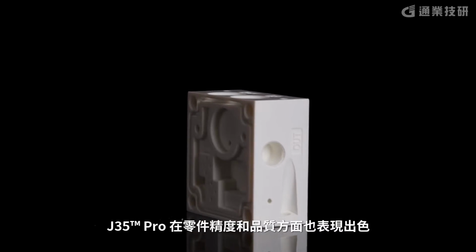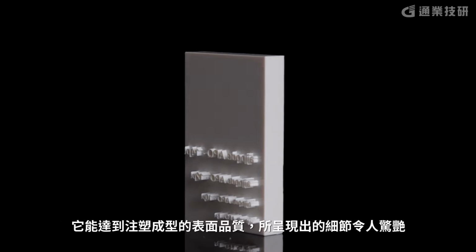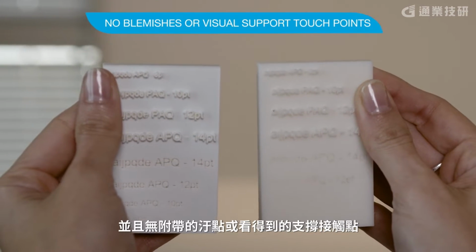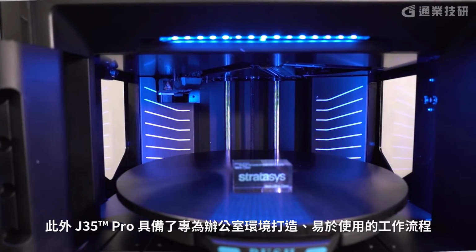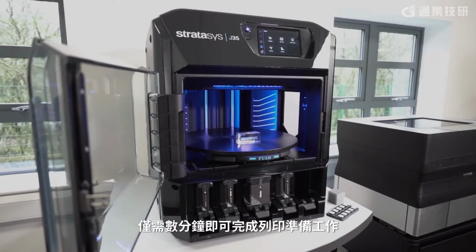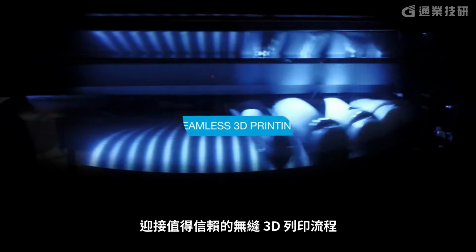The J35 Pro also excels in part accuracy and quality, delivering near-injection molding surface quality and detail that will blow you away. The choice of matte or glossy surface finish provides the best possible visual match of the prototype with no blemishes or visual support touch points at all. What's more, the J35 Pro boasts an easy-to-use, office-ready printing workflow, with print preparation taking just minutes. Prepare a multi-material, multi-part print tray fast and say goodbye to complicated processes and hello to seamless 3D printing that